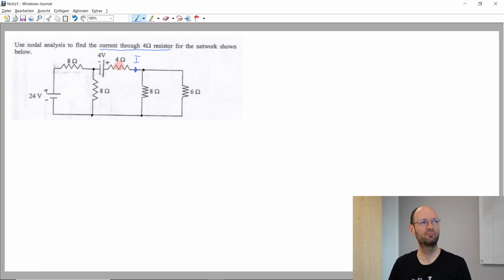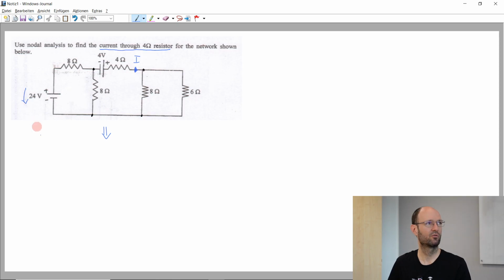Still it's doable. So I would suggest we can do different variants. At first we leave this source as it is and just convert this source to a current source. So if I redraw this circuit,